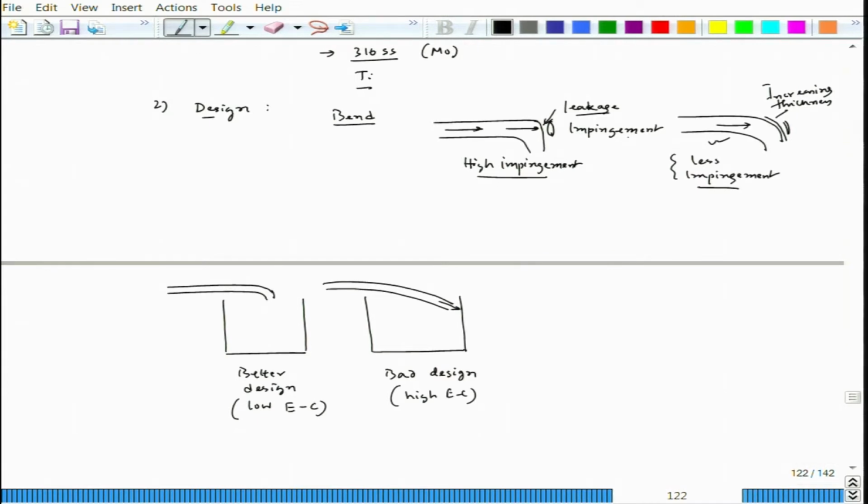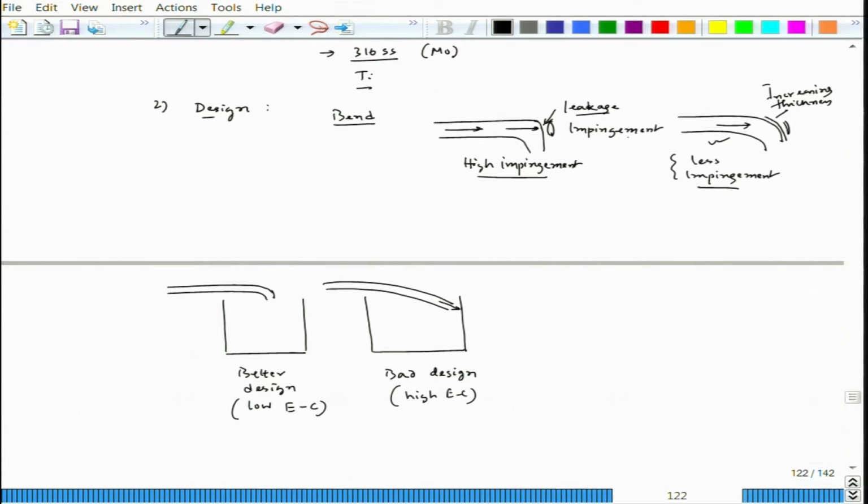Now you can see that the problem comes when some water flow hits the metal object at a very high rate, and that involves impingement, and if we can reduce that impingement, the erosion corrosion can be reduced to a great extent. So, this is another sort of design. Here you are not changing any materials, the only thing is changing the position of water flow, we can reduce erosion corrosion. Fine.